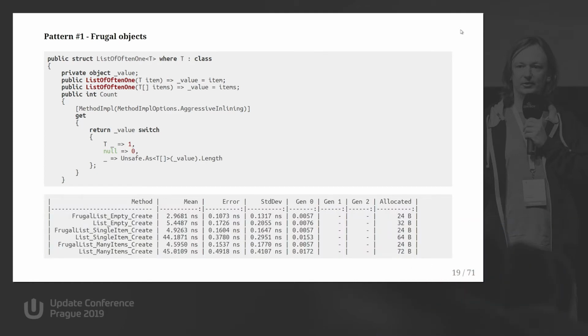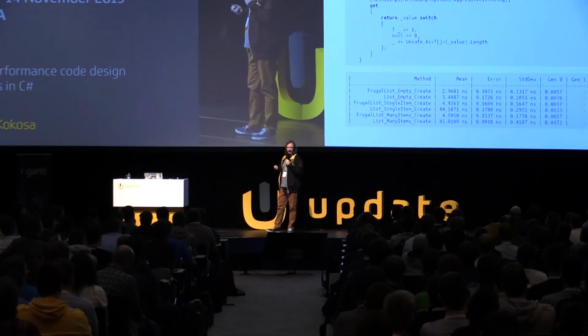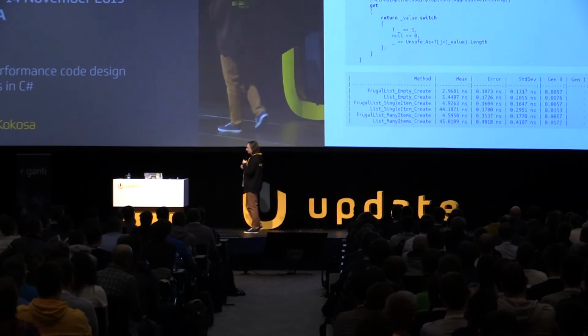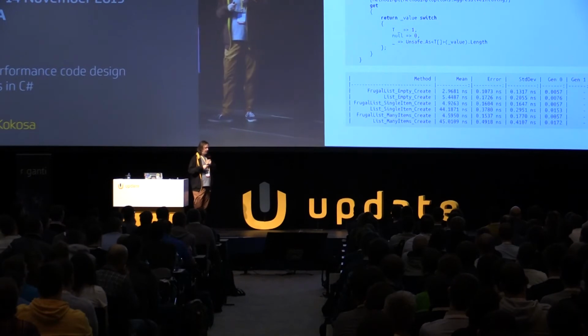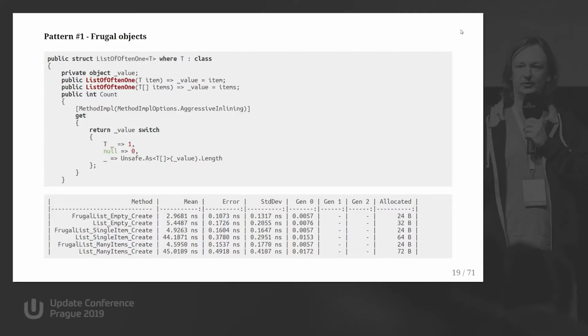But in terms of performance, we gain something. For example, creating now this very small type for empty case, for single item case, it is much faster and consumes much less memory, because of this more compact way of organizing our data. So this is one of the examples how writing something not obvious provides us a performance benefit. Okay, this is the very first one.